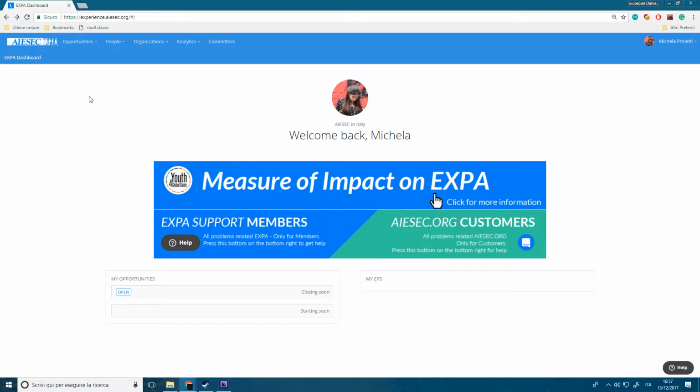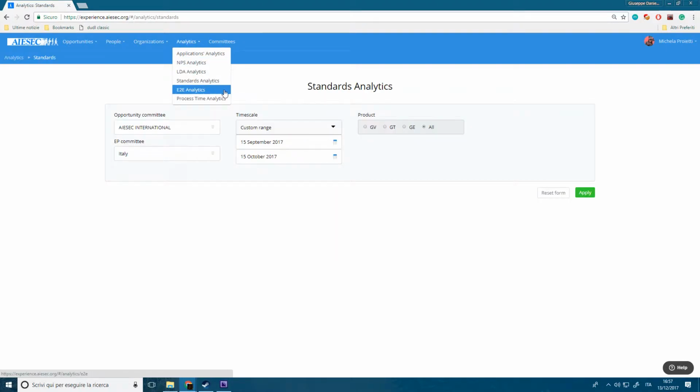Expa has a fantastic tool that we can use to analyze immediately what we are looking for, and that is the Standards Analytics tool. Now, how does this work? It's very simple. We have three different columns with fields that we can fill. The first column